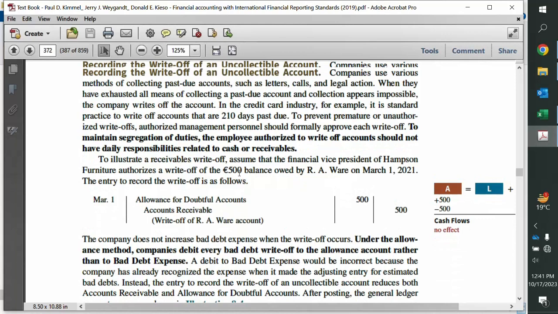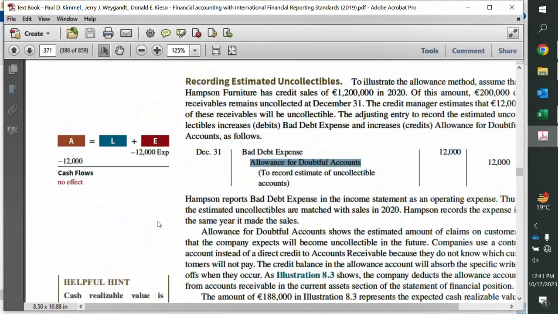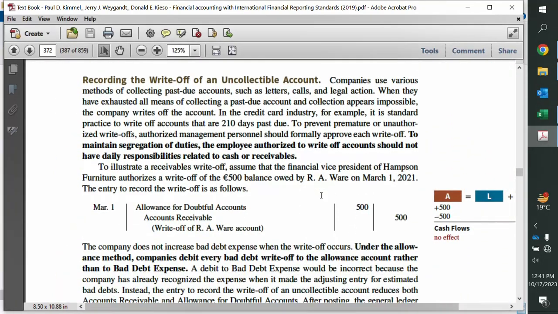Now the write-off: when we get confirmed that some customer is actually not going to pay, then we transfer the amount which has been parked in the allowance for doubtful accounts or allowance for bad debts to the account receivable account. Recall that in the entry we discussed in the last video, the actual credit should go to account receivable. But we didn't credit account receivable because we didn't know which account was not going to pay. So we created a contra account. But now when we get to know which account is not going to pay, there is no need of this account to the extent of that particular bad debt. So we debit this account, reduce this account, and now we credit the account receivable account, right? So this is the write-off entry.